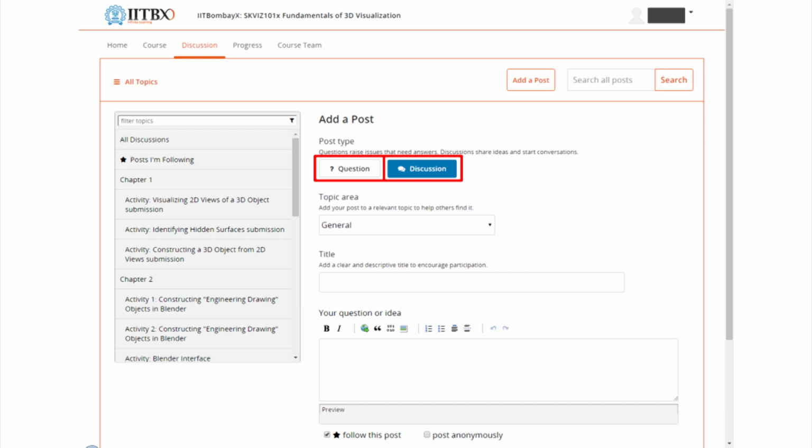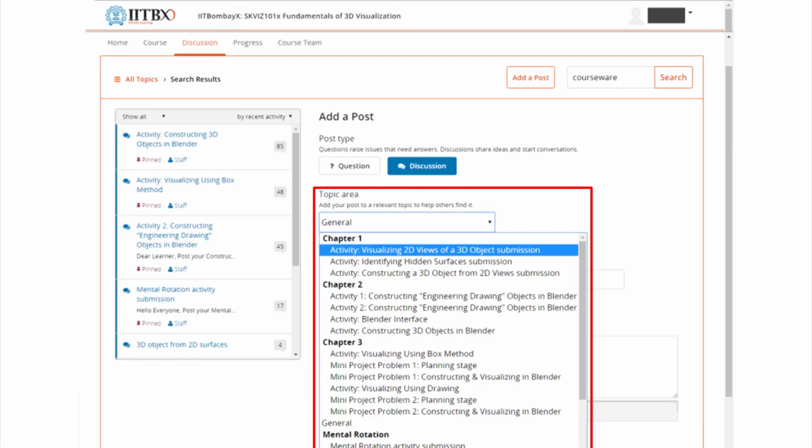After you select one of them, the platform will ask you the topic on which you want to post this particular comment. It will show you the course content which has been discussed so far in the course, and by clicking that particular name of the topic, it will indicate to the readers that your post belongs to this topic, and so it will be easily traceable for anybody who is looking for content on that particular topic.